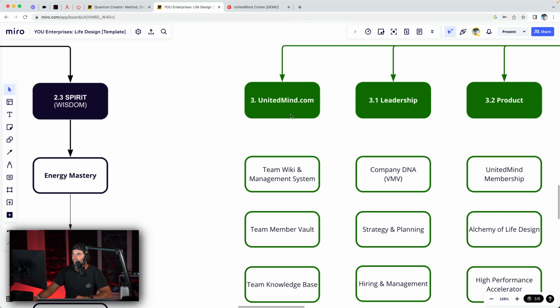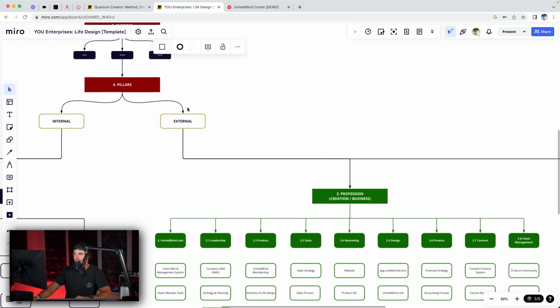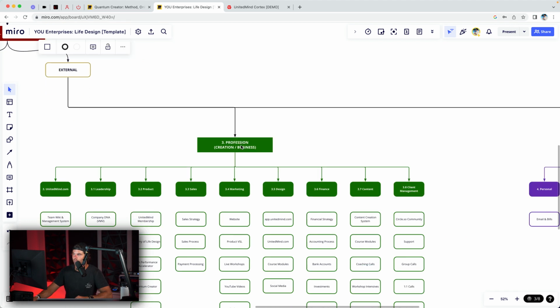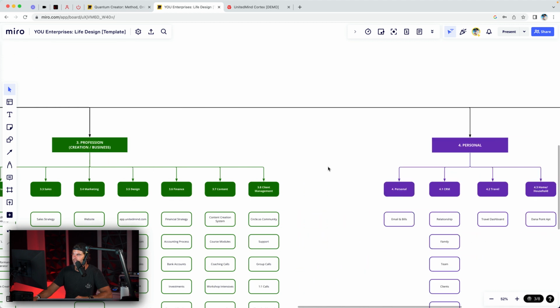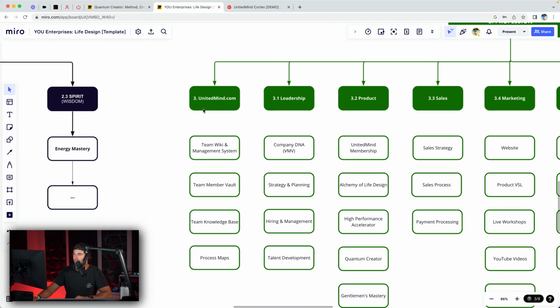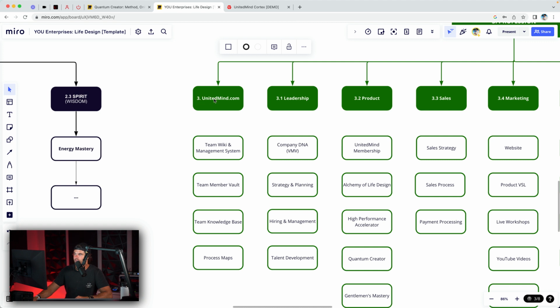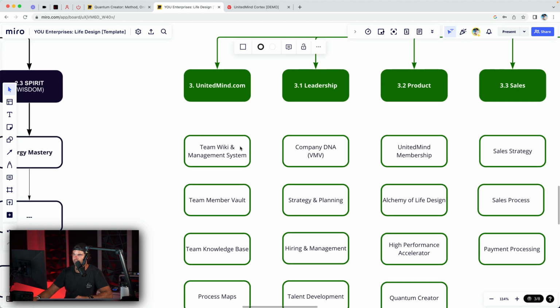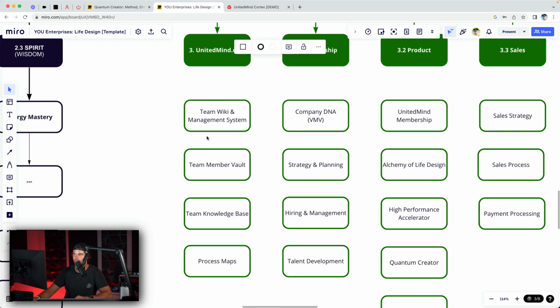the divine? So then we come in here, and this is how I organize my external world. I organize it into my profession, which is my creation and business, and my personal life. So here, this will typically be like business X, whatever business that you're running or advancing or career path, that'll be the name of that. So this is like, okay, having a team wiki and management system in Notion set up for